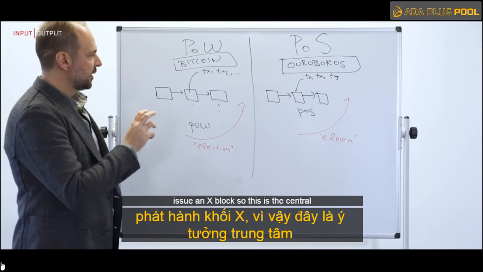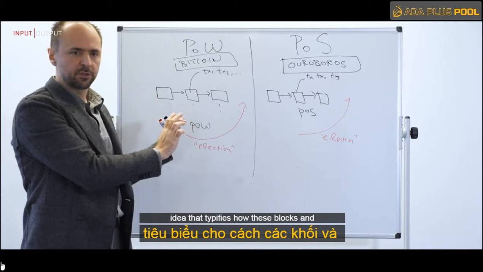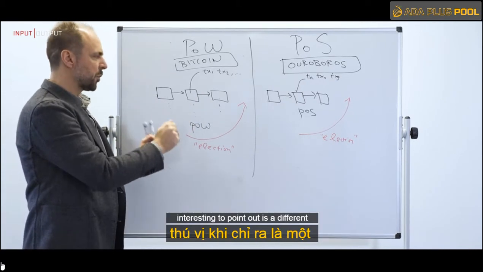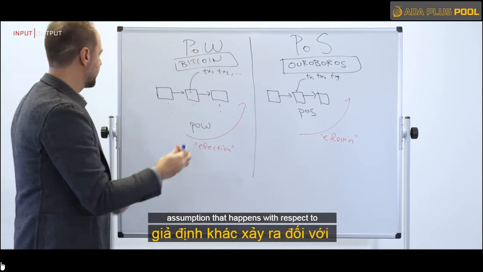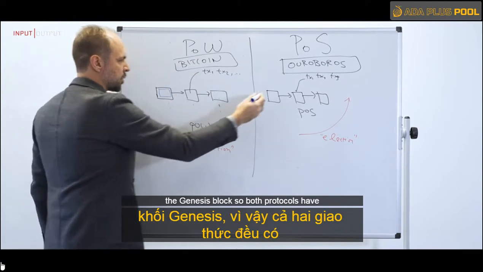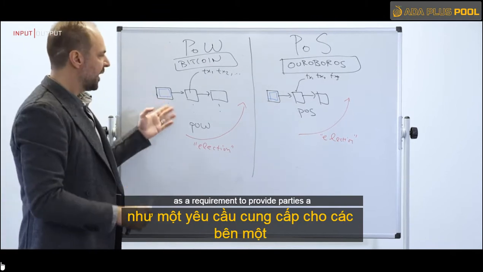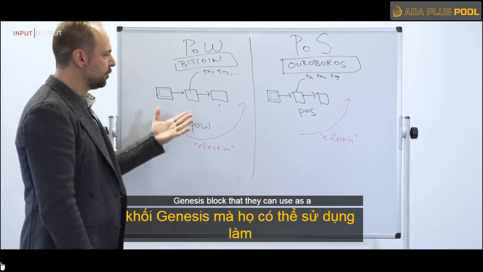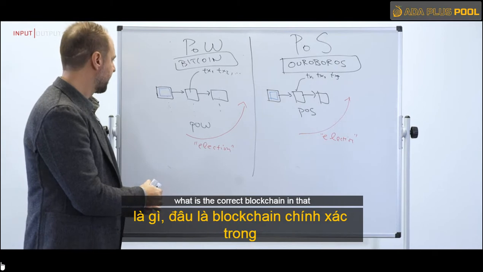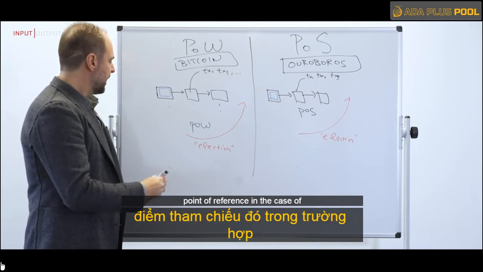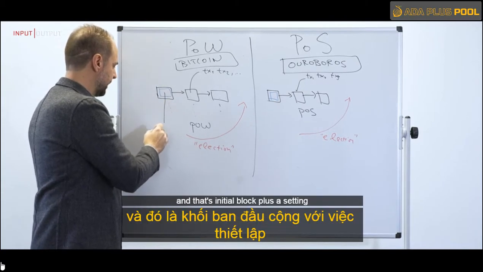So, this is the central idea that typifies how these blockchain protocols work. Something interesting to point out is a different assumption that happens with respect to the genesis block. So both protocols have as a requirement to provide parties a genesis block that they can use as a point of reference of what is the blockchain, what is the correct blockchain. And that point of reference, in the case of Bitcoin, specifies just the initial block,